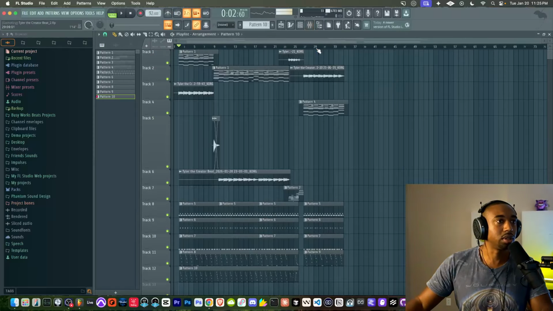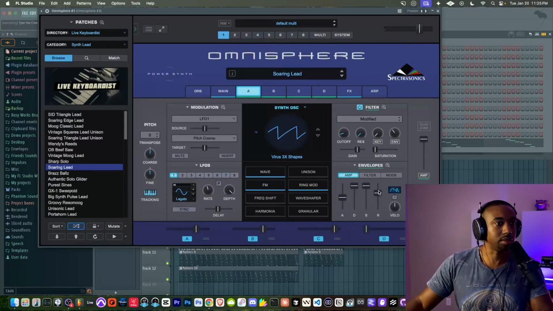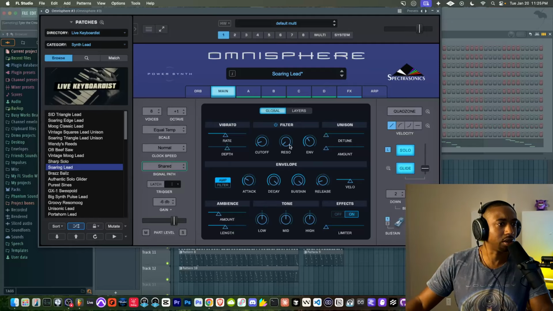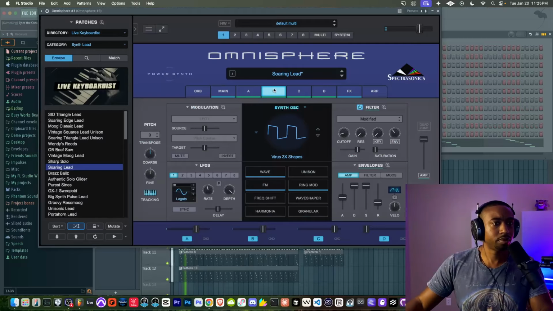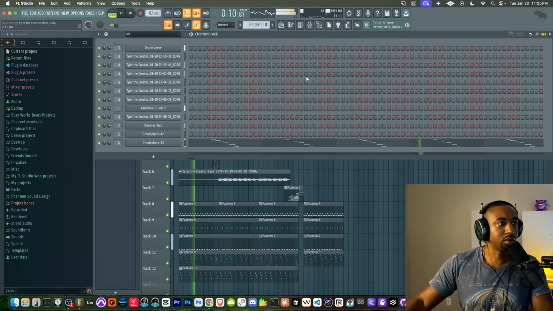So the only thing here we're going to get rid of is the release tail because it overlaps into the next sound. So hopefully this is easy to solve. Just want to pull that release down. It looks like they all have a shared envelope. So this is going to be very subtle.